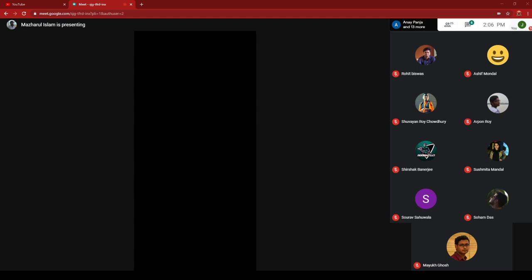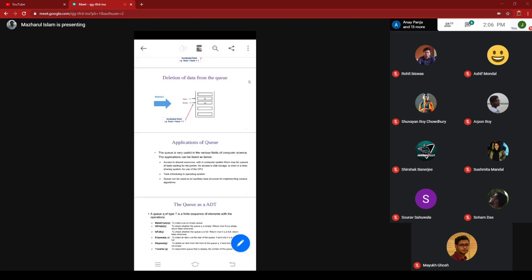And task scheduling decides which task will be assigned to a particular resource. If there is only a single resource and multiple users have requested its utilization, those requests will be stored in a queue. So this is an application of the queue.